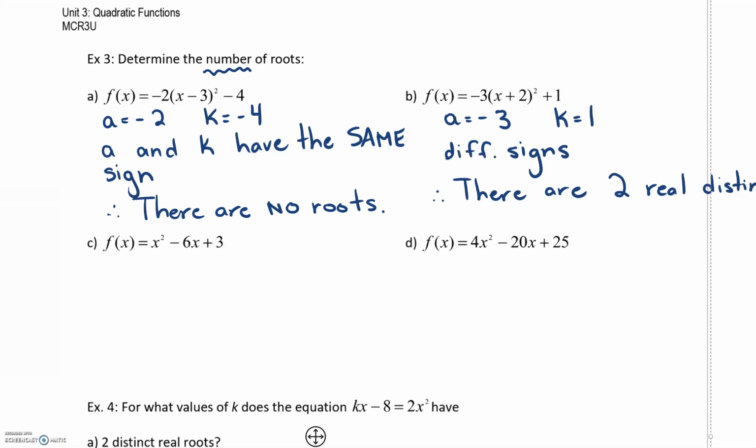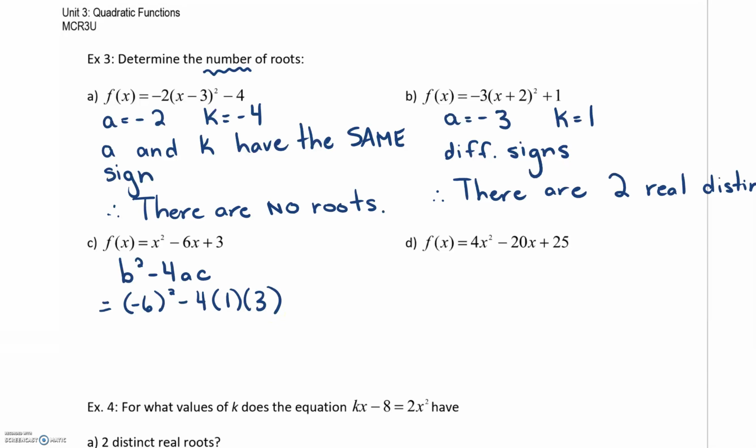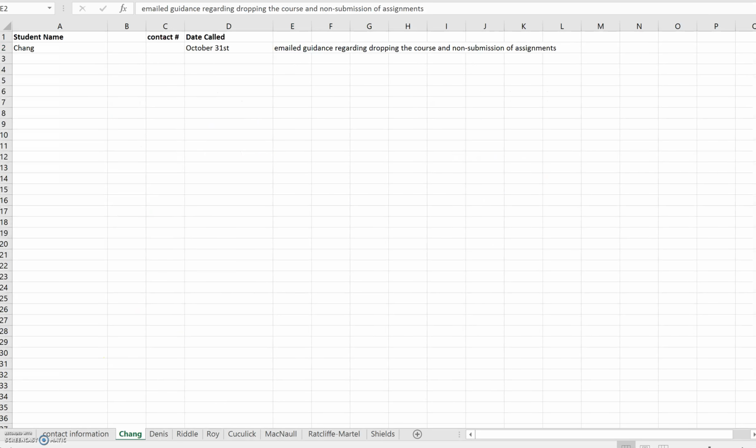C and D are both in standard form. So when it's in standard form, we actually have to calculate b squared minus 4ac. So we want to see what's happening with that. My b value is -6. My a value is 1. My c value is 3. Don't make the mistake of saying that -6 times -6 is -36. It's not, it's positive 36. 4 times 1 is 4. 4 times 3 is 12. And there's only one negative. So 36 minus 12